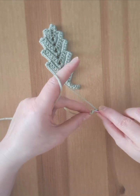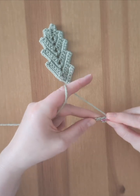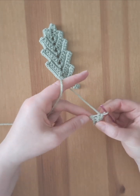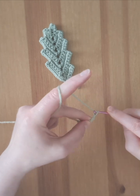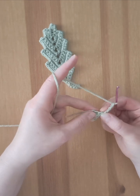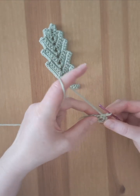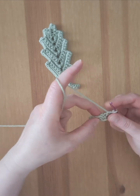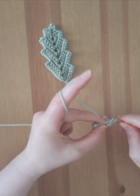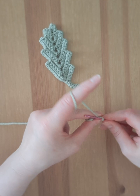First row, 4 single crochet. Chain 4, and a single crochet into the stitch. Next stitch, single crochet, next stitch, single crochet, chain 1,